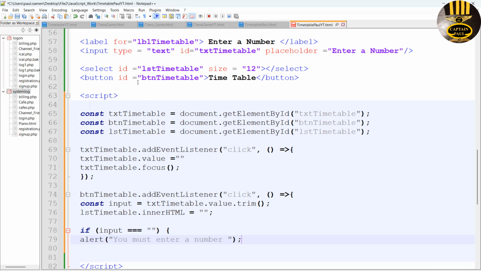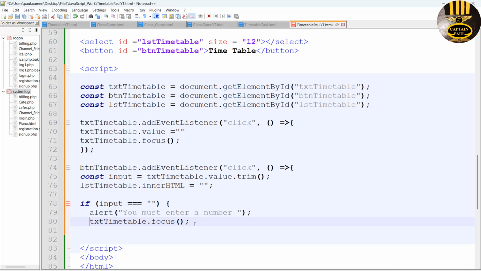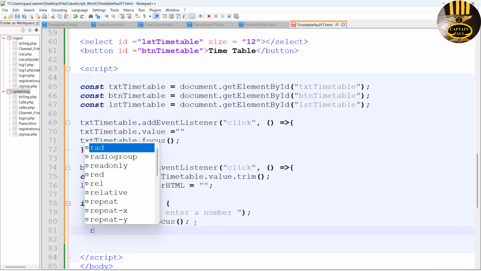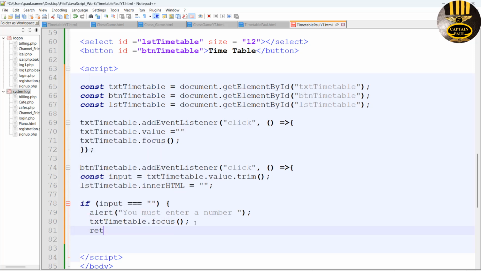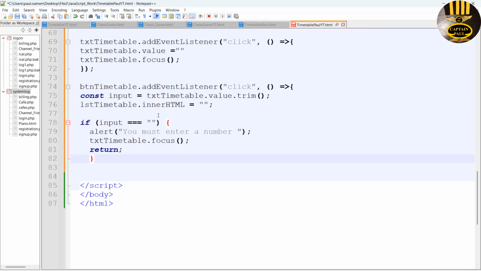Then we also need the text box, the input, to get focus, and return. There we go. And close that off. That's one down. So the next thing we want to now do is